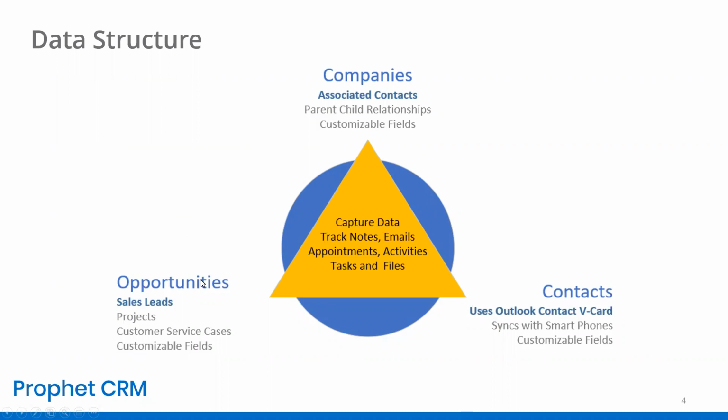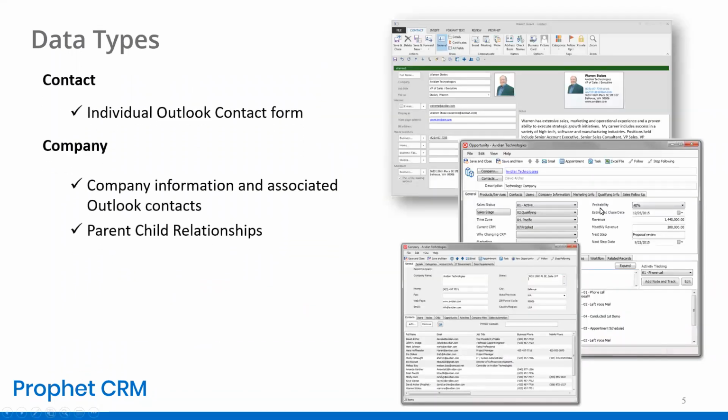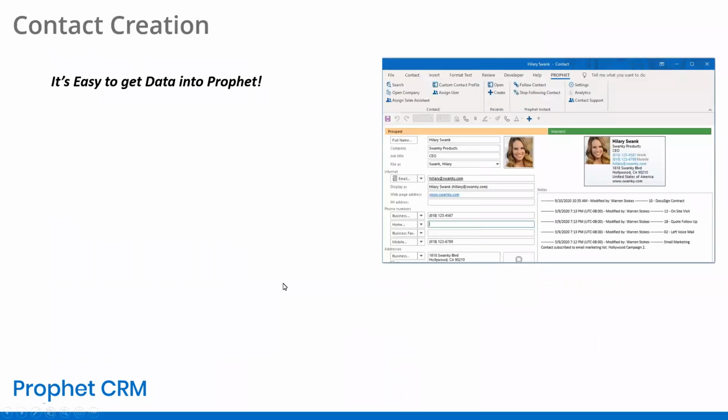But the whole point, we're not going to get into opportunities today, but the whole point is to be able to capture all your contact data, keep it in a central place, and then track all the activities and information associated with those contacts and companies. The types of data we're looking at are pretty simple today. We're going to be looking at contact data and company data,